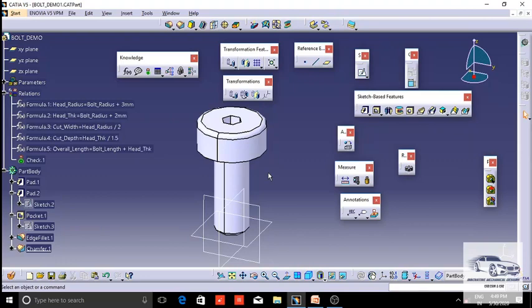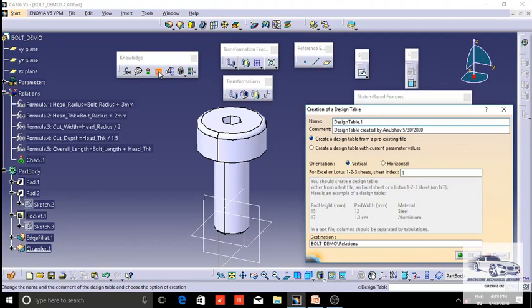So first, we will associate the required dimension of this particular part to an Excel table that is called a design table. So we have to go to design table, and since we want to create a new design table, I will select create a design table with current parameter values.